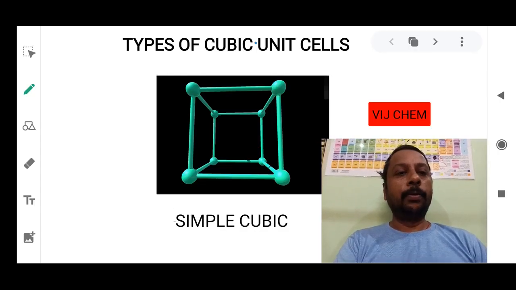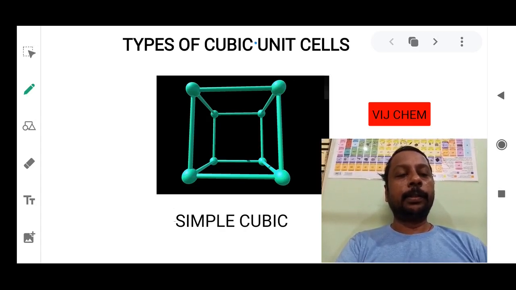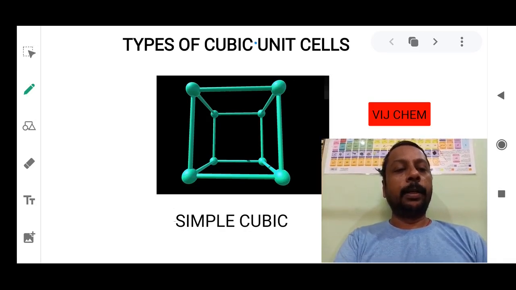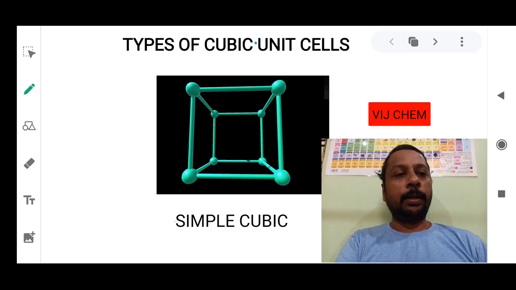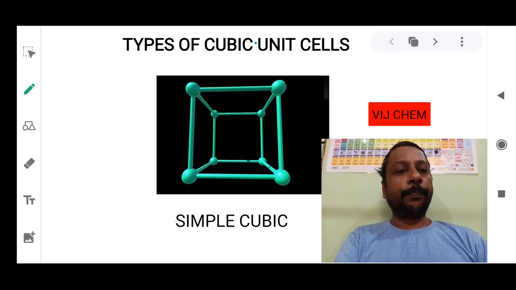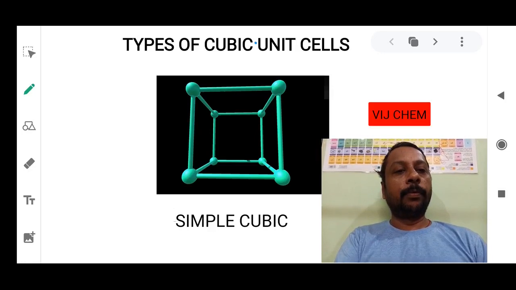Okay students, now we are going to start with the types of cubic unit cells. In this session we are first going to start with the two-dimensional study of the unit cells. The most important cubic unit cells are three. First is simple cubic, second is body centered cubic, third is face centered cubic. One by one we will first see through two dimensions, then we will go to three dimensions with animation, how it looks from forward, backward, when they are closed. Before that, we want to see the two-dimensional diagrammatic view.